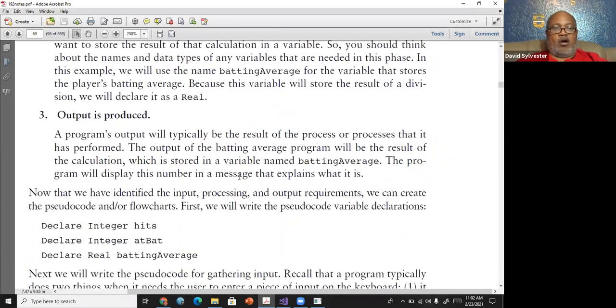Now, so you produce the output. In producing the output, you need to know how the output should be printed. What are the output labels? How do they want it printed? They might want it to say the batting average, or your batting average is, or just batting average, or something like great batting average, whatever. So you have to know how the output is to be presented to a user on the computer, so that you can write the code accordingly.